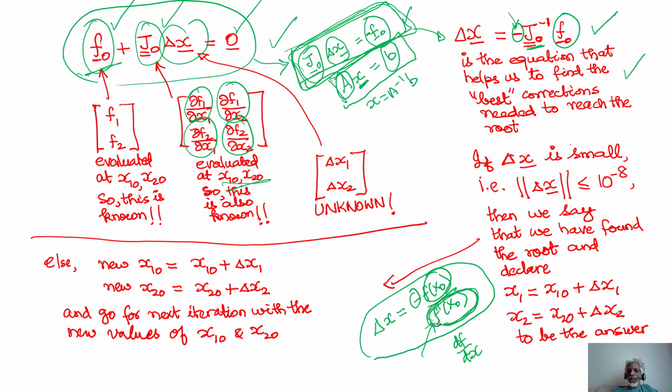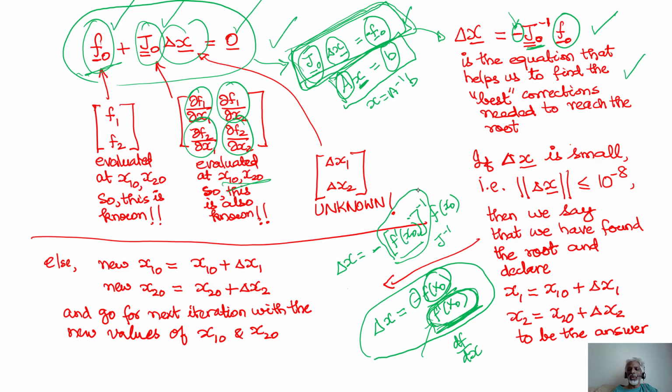So here it is divided by f dash x naught in the univariate case, right? So I can write this as delta x is equal to, if you permit, minus sign, then f dash x naught inverse, so I put a minus 1 there, times f of x naught. So the same expression, instead of saying 1 by f dash x naught, I'm writing it as f dash x naught inverse. So that is like 1 by f dash x naught. So instead of this, now in the multivariable case, we have the Jacobian inverse. What is a Jacobian? Jacobian is a matrix of first order partial derivatives.